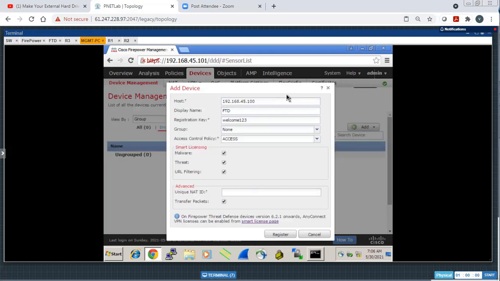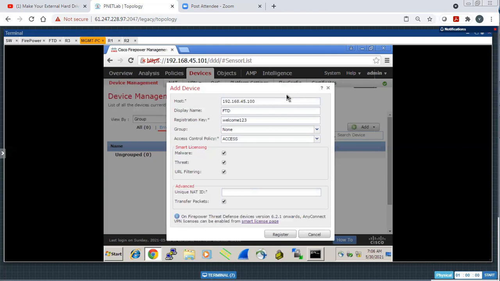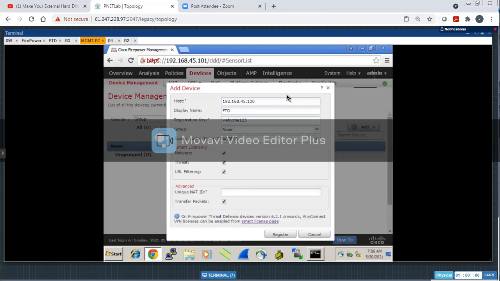So if you enable all those features, VPN setup would be different for every FTD, you know, the IP addressing, the public addresses would be different, right, for all the FTDs. So that is the reason you cannot generalize it here. That is one of the reasons. We have many other reasons which we will be talking about a few minutes later.